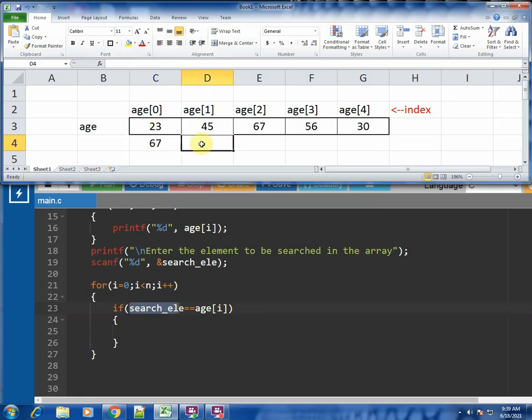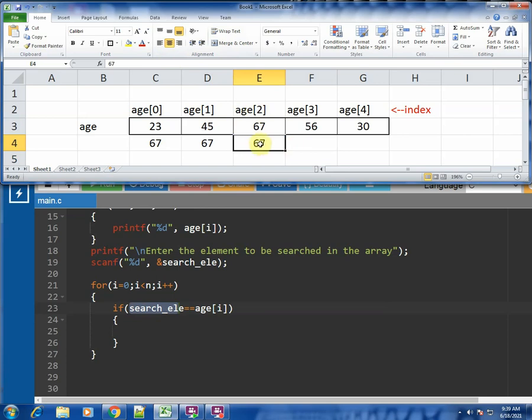No. Then next 67 will be compared to the second element present. Is 67 and 45 matching? No, it is not matching. Next 67 will be compared to the third element. So is 67 and 67 matching? Yes, they are matching, which means that element you were searching for is present at index 2. So this is how it works.